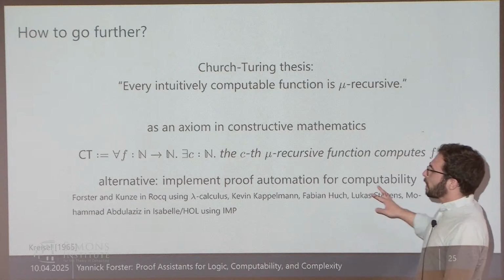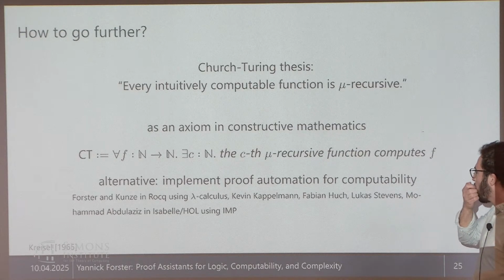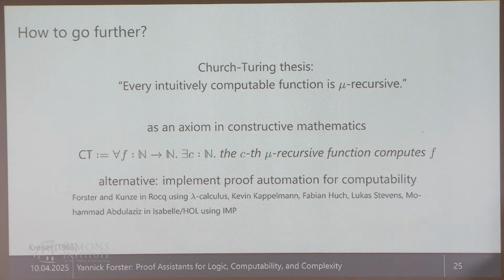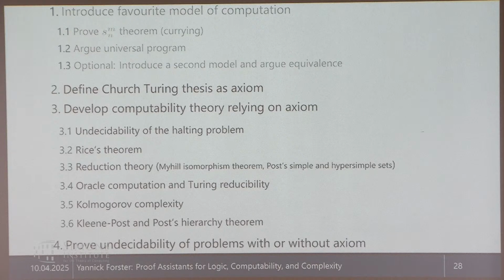We did this in a limited way for Coq, and there's a very recent paper as a preprint on the internet by people from Munich and London who did this for Isabelle/HOL. There's nothing for Lean yet. I think it's a super interesting project for the future to have a good automation framework for computability proofs, and especially for complexity proofs, because that's where your invisible math goes completely crazy. And to be able to do complexity theory arguments in proof assistants, because we're super, super far away from this at the moment. I'm skipping this. I remind you again that the whole point is to do this.